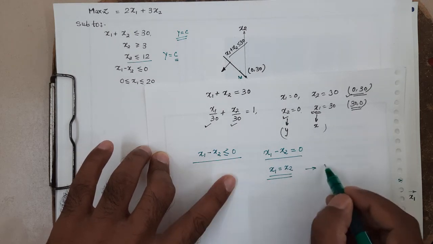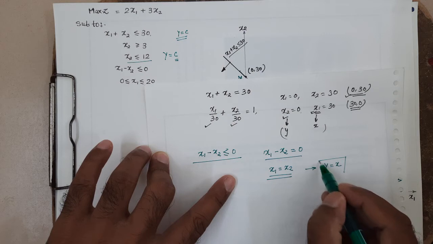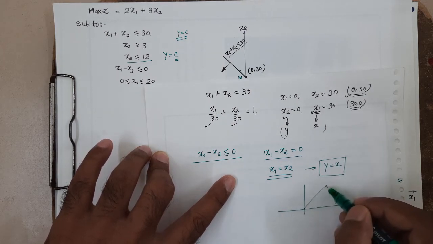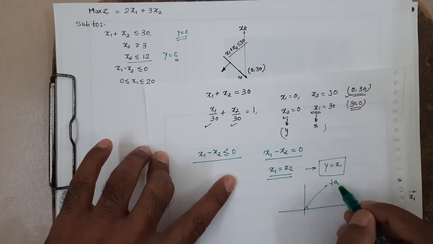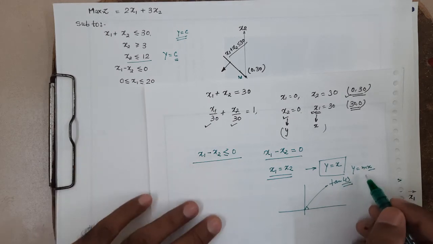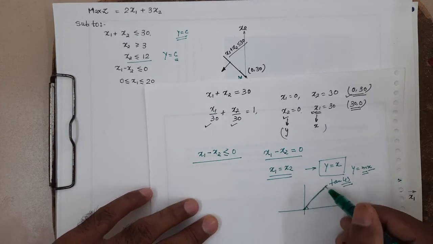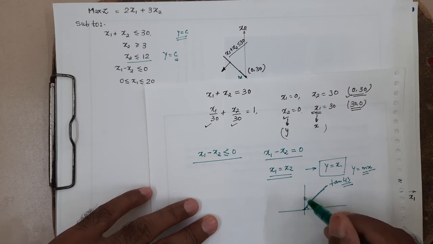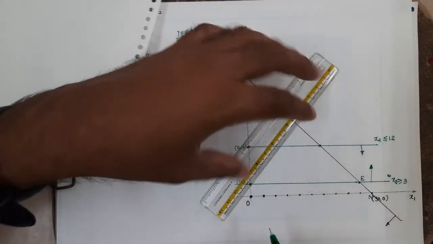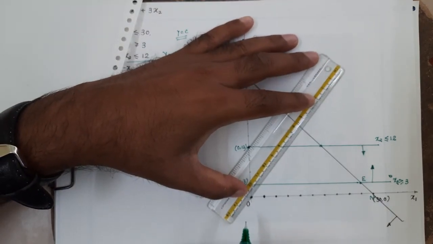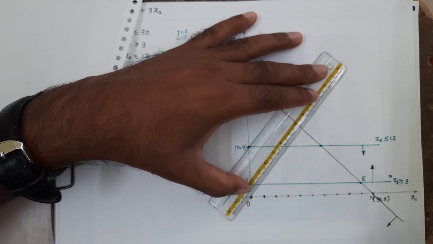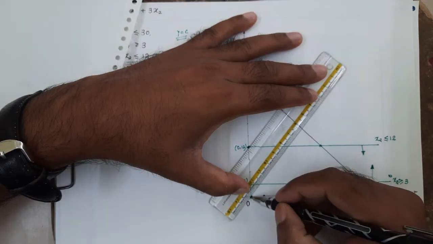So this is a line which is in the form of y is equal to x, both equal. That means the line is inclined from the axis at an angle of 45 degrees, because tan 45 is 1. y is equal to mx, where m is tan 45, and so this line equally bisects the axes, 45 from here, 45 from here. So we will draw a line from O at an angle of 45. So let us take this angle as 45 roughly. Suppose this is somewhere here. So this is the line.